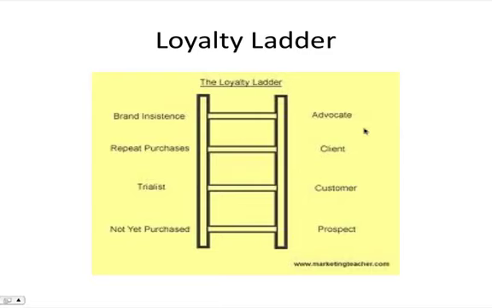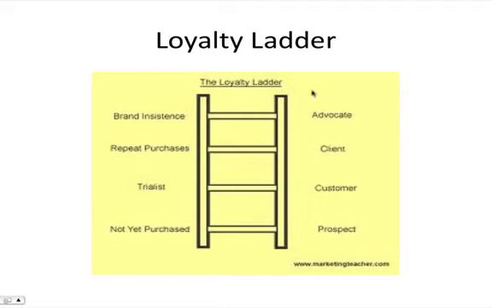Now, there's two ways of marketing, really, online and offline, with a lot of businesses. You can basically go for prospects and customers all the time. That's what a lot of people do. They just stick down here. That is a very expensive way of marketing. You're in it for the numbers game. All you're trying to do is get more and more prospects, more and more customers. But like I've said before, if you really look after these customers and spend a bit of time up here,